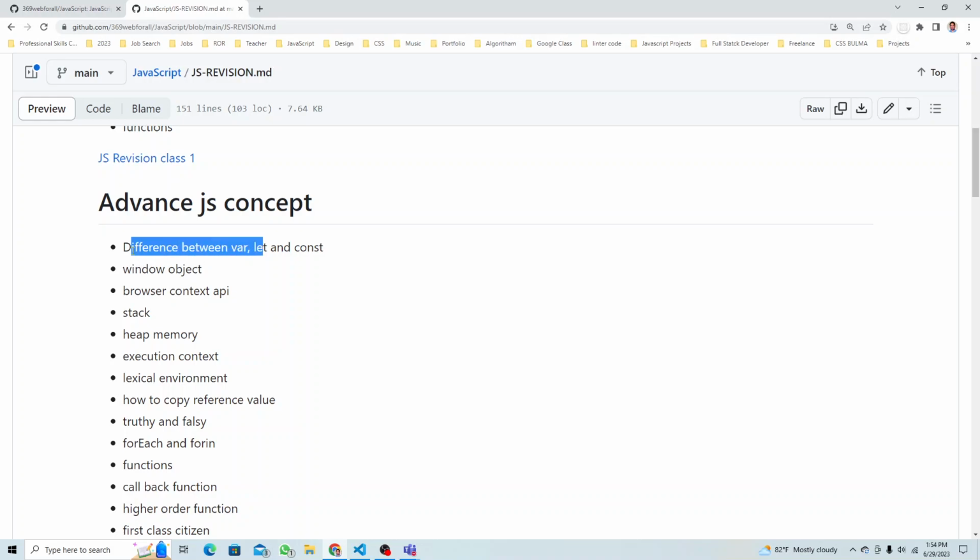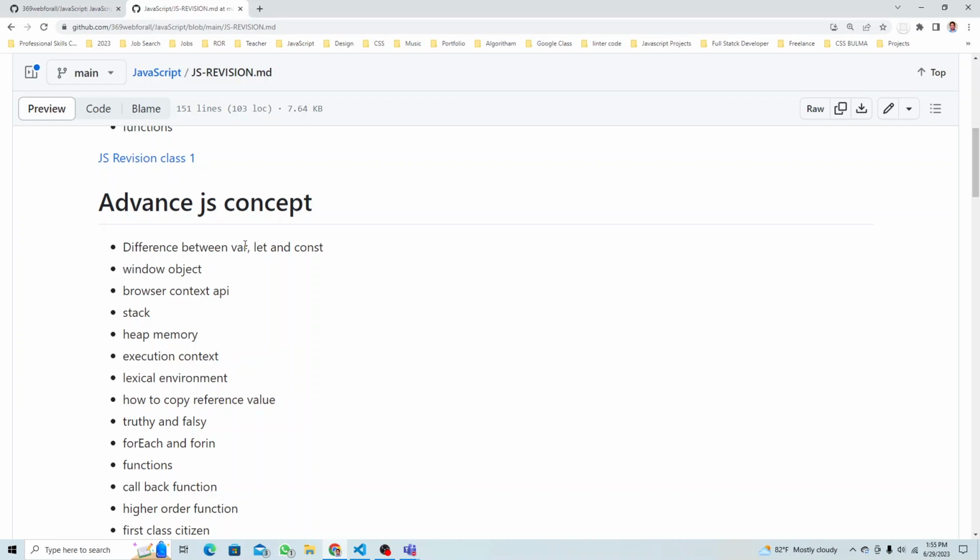So let's start with the difference between var, let, and const. We talked about this in yesterday's class. Var is the old JavaScript. If you divide JavaScript into two parts, old and new, let's just assume the old one is ES5 and the new one is ES6, to make it easier to understand. They both come in the browser and are already installed, so we can use var, let, and const. What is the difference between them? The first difference is that var is old JavaScript ES5, and let and const are new JavaScript ES6. Second one,